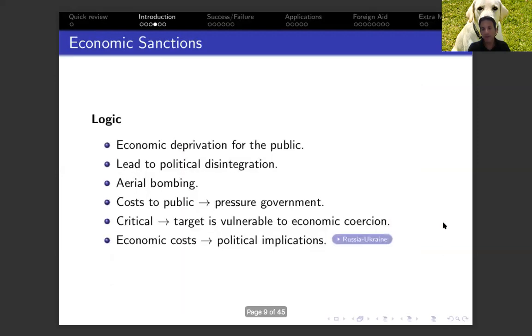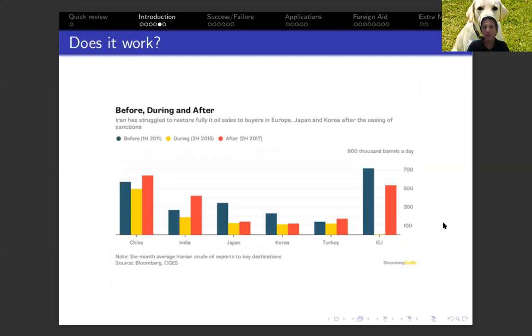Which leads me to the next point, which is the question: does it actually work? It is used extensively by many countries, but a lot of researchers and professionals are still skeptical about the effectiveness of sanctions. Some plainly argue that it does not work. And one of the problems here is when the target government has the option to adapt to the situation and find new trade partners.